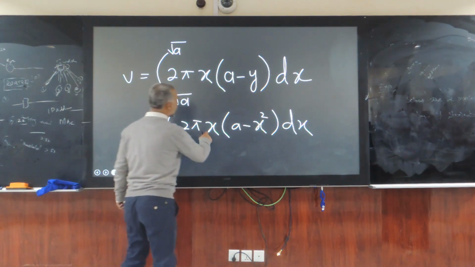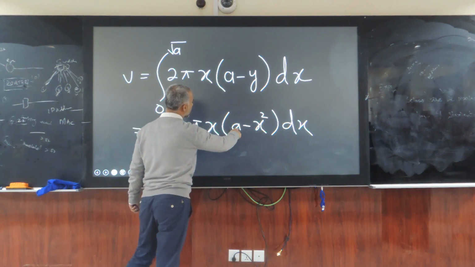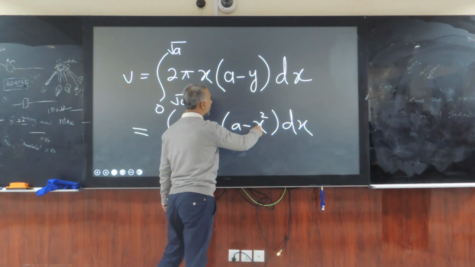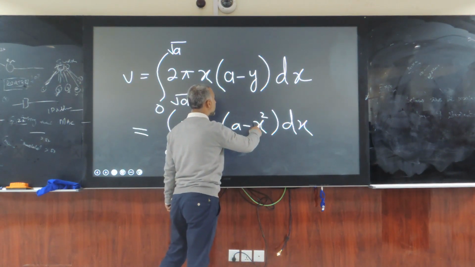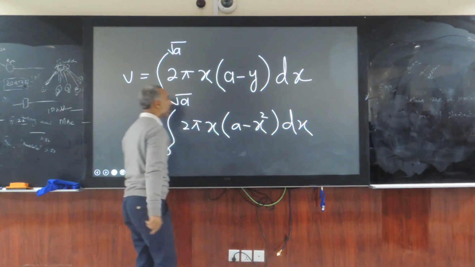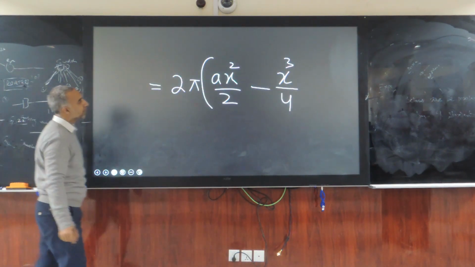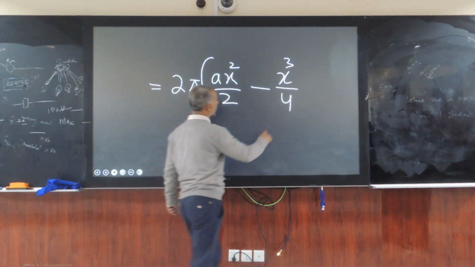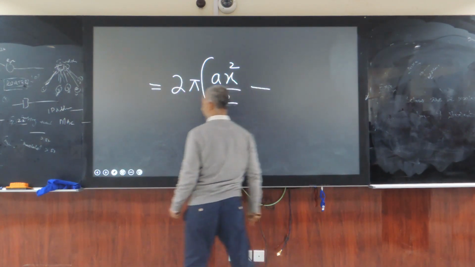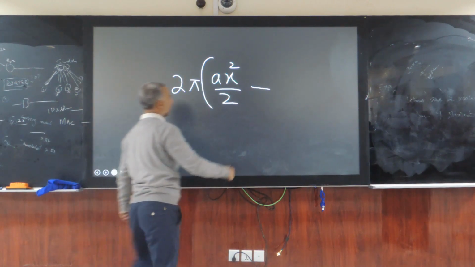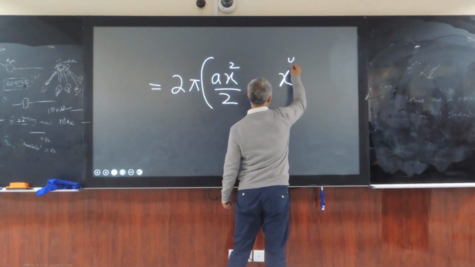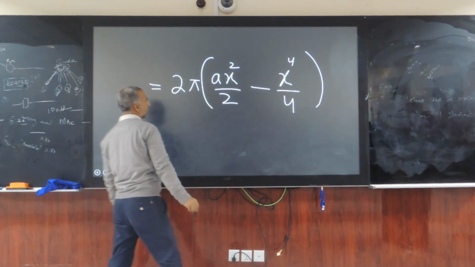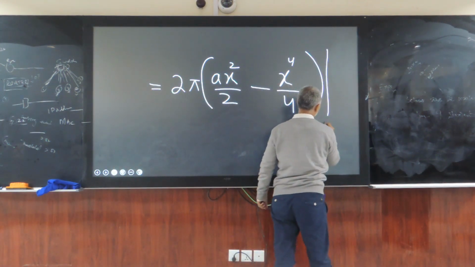The integration of x is x square over 2, and multiplying this x with x square gives x cube, and the integration of x cube is x power 4 over 4. So we will write here x power 4 over 4, of course, and its range 0 to